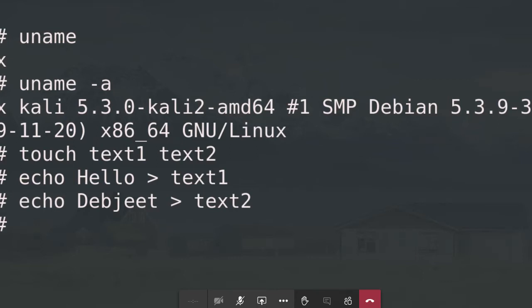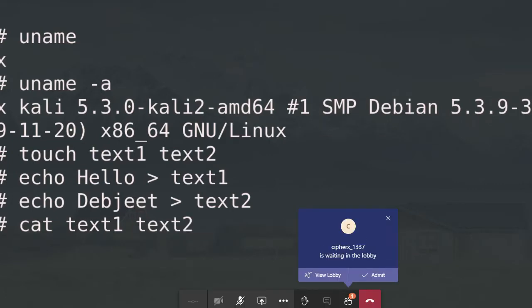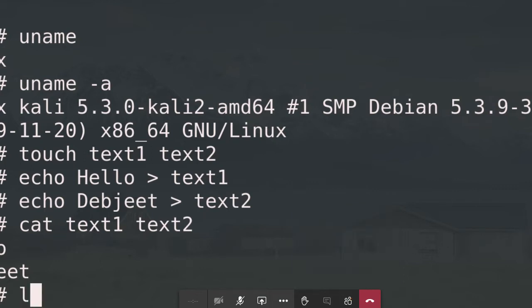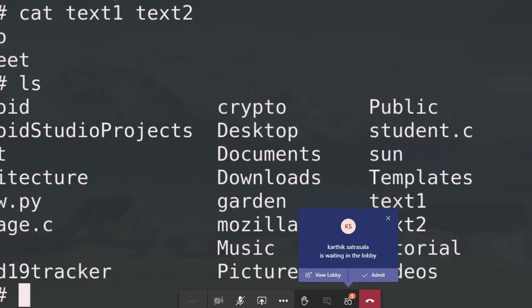Now, and you will see that it's hello page. So what it does is that it will concatenate these two files together and show the content of them together. So let me go. You can see we have all these directories and files here. I will be going to